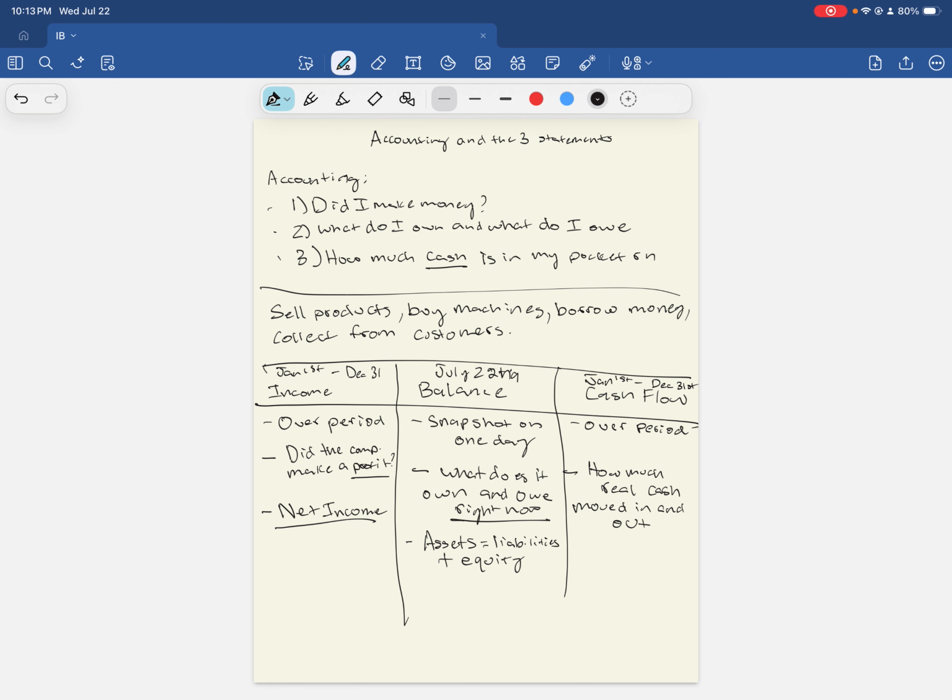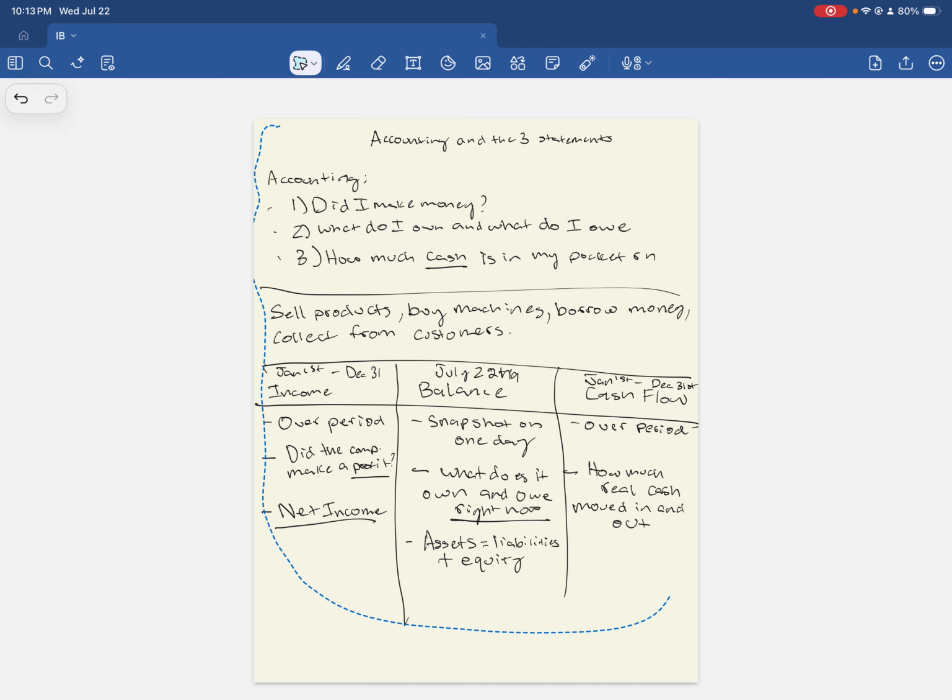So let's delete this for now. If you want to go back, please go ahead. Let's go with a super simple example so we know we're on track a little bit. If you watched Mr. Ackman's video on the fundamentals of finance, he goes into the three statements as well, and he uses a lemonade stand as his example, Bill Ackman. So we can use the same example, and I'll also try explaining it.